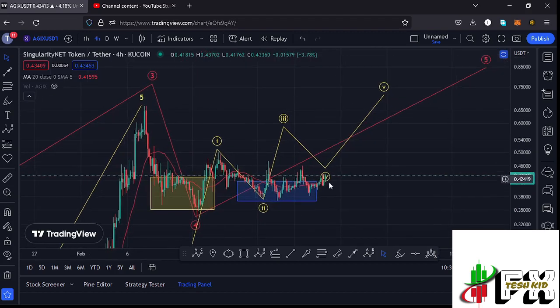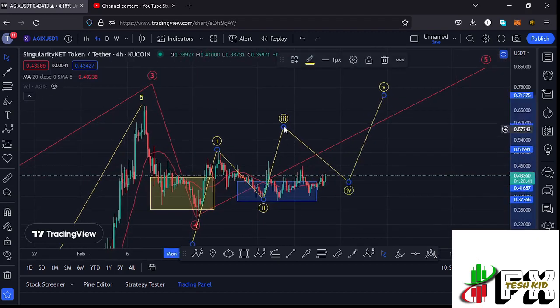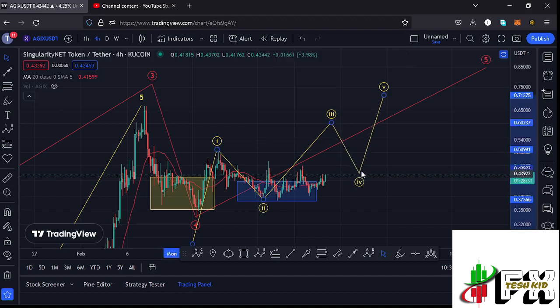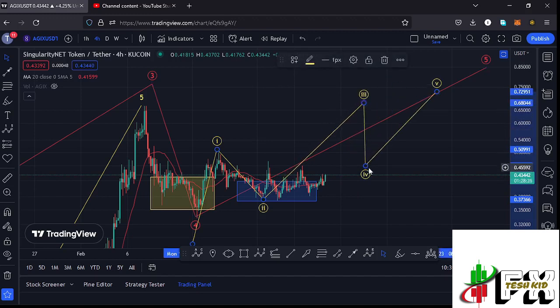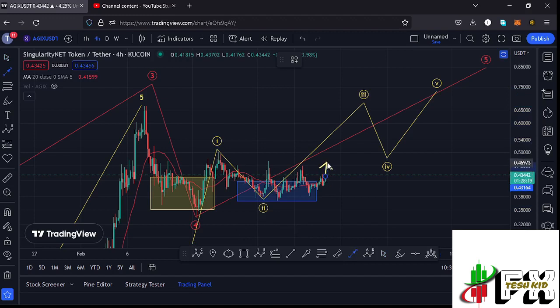And I now believe that whatever we are seeing at the moment is the start of this wave 3 to the upside. And to also confirm that there are chances that whatever we are seeing at the moment is the start of that wave 3, we have seen a break above the 20-day MA, and in case we continue holding above it, then we have the support that we need for us to continue gearing up and also see a break above the wave 1 high, which will be enough confirmation that we are back in the formation of that wave 3. So here on the AGIX chart, the next area that I'm watching is the area at around the $0.5 mark, because a break above it could trigger even higher prices in the formation of this wave 3,